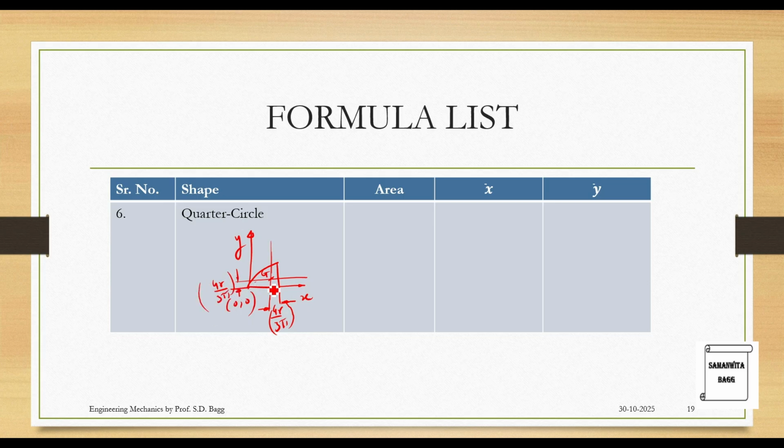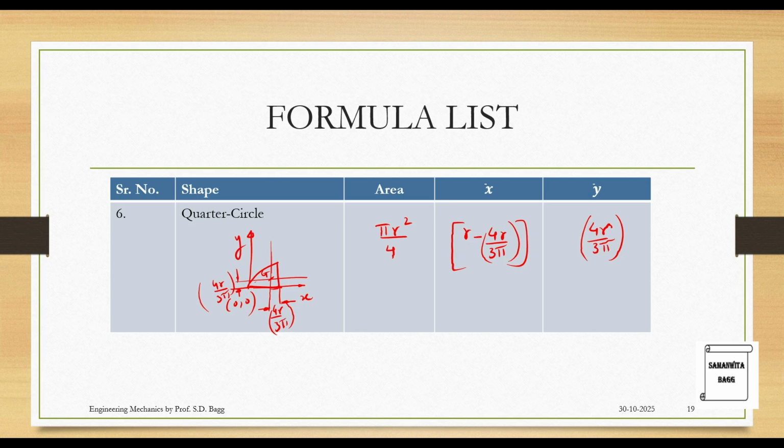So we are starting from here. This is the x value. Since this much is 4r by 3 pi and this value is nothing but the radius. So we will have here pi r square by 4. X bar will be r minus 4r by 3 pi, because this is nothing but the radius, these two. And the height over here is going to be 4r by 3 pi. So this gap is total r minus 4r by 3 pi.